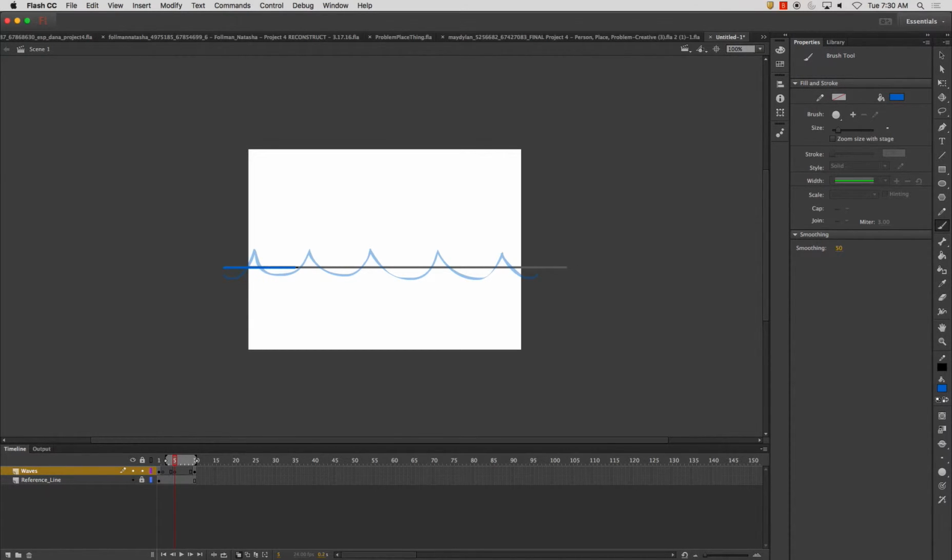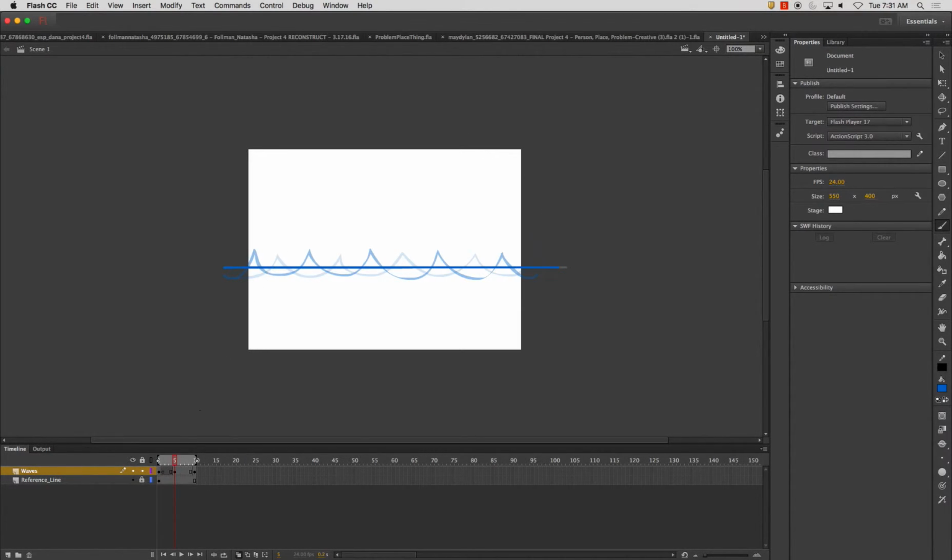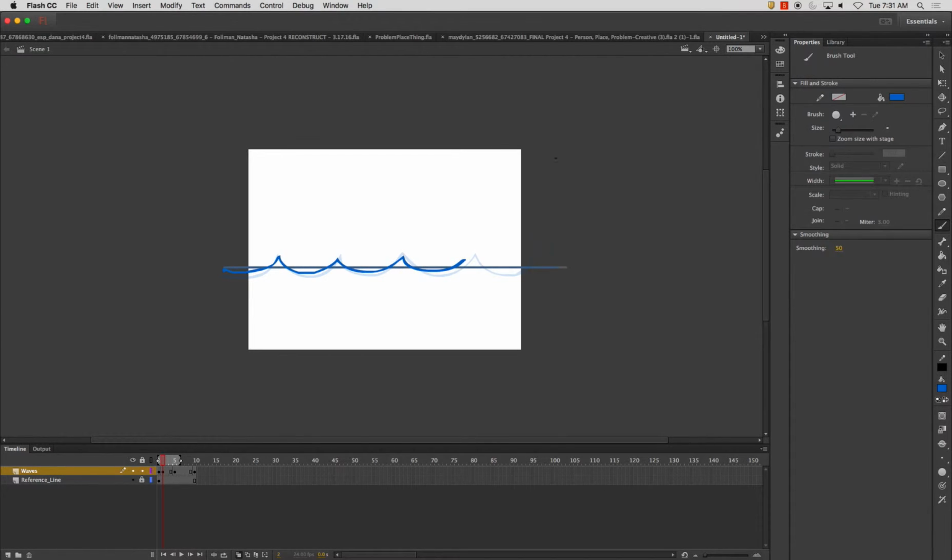I'm going to just follow my reference line here, and I'm going to have it sort of go out into this blue line, this straight line. So it's going to level off at some point. So basically these waves are going to become smaller, and the dips are going to become smaller as well. Now, given this is a pose-to-pose style,